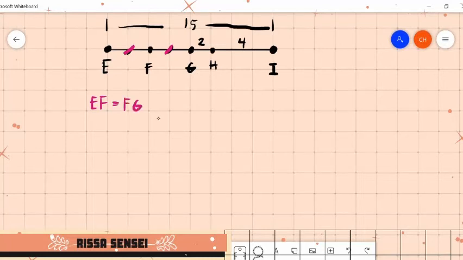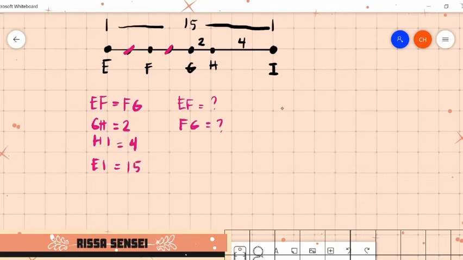Pareha sila ng sukat. Tapos, given na yung GH is 2, HI is 4, and the whole EI is equal to 15. How do we compute for the measurement of EF and FG? So how do we do that? So by segment addition postulate,